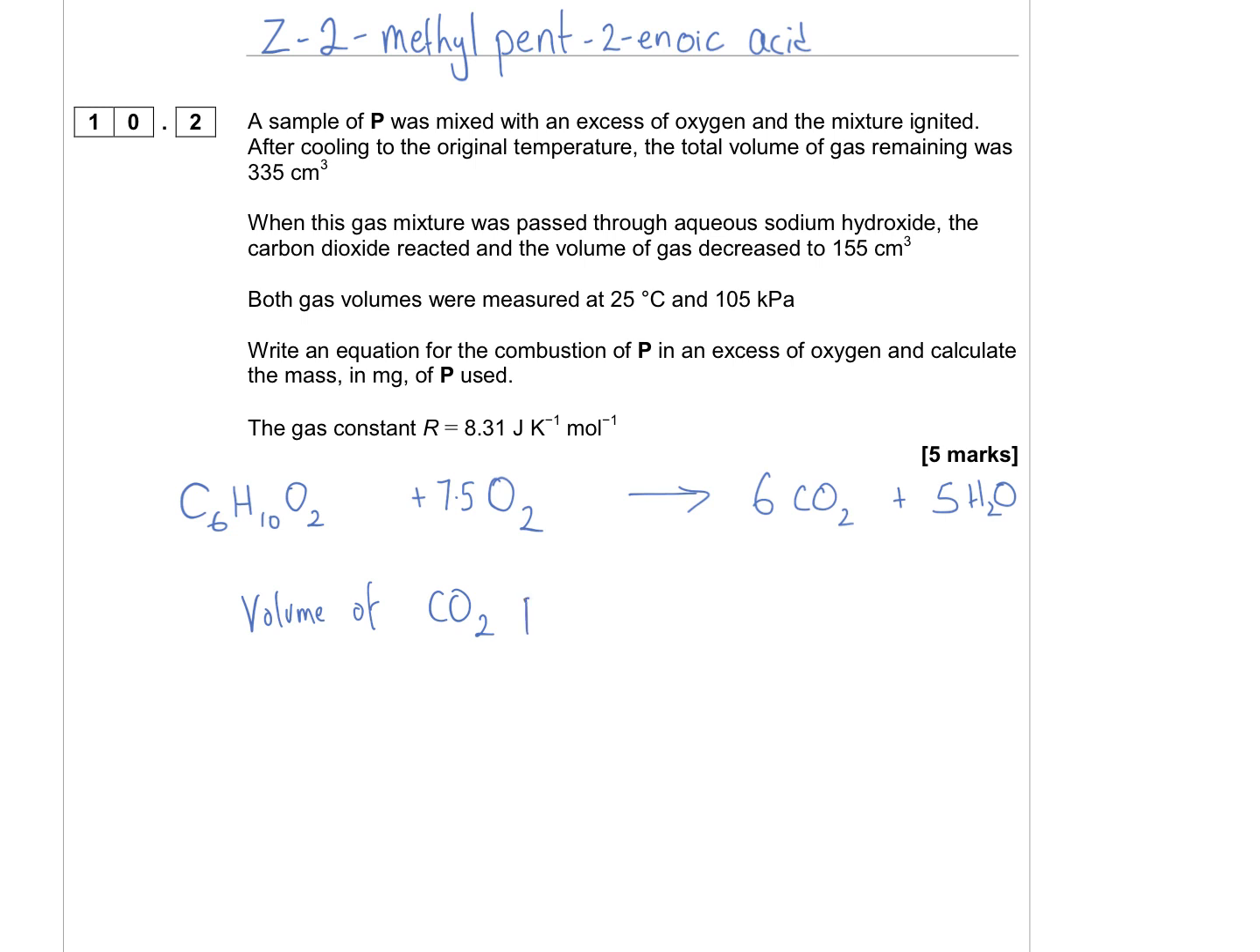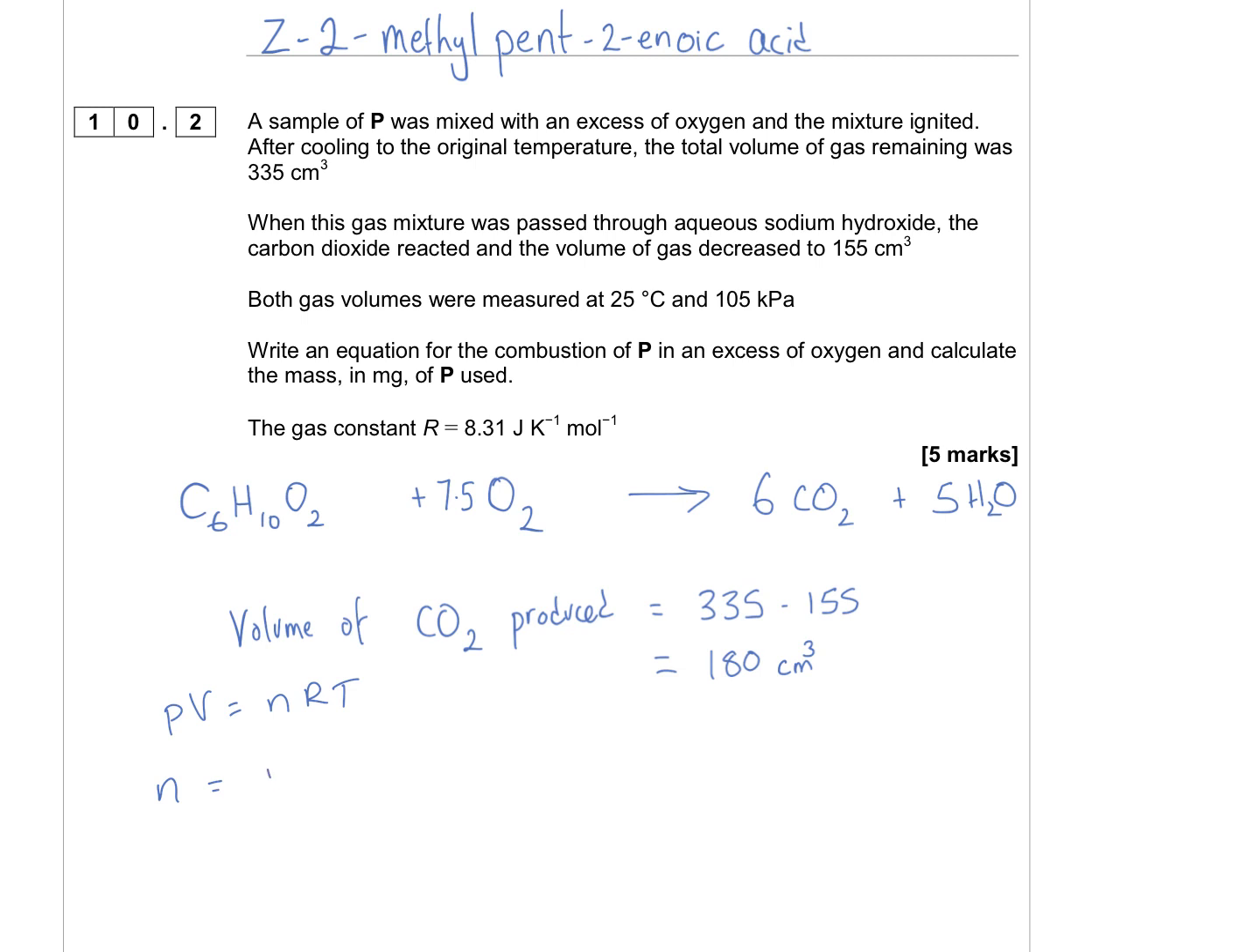Okay, so the volume of CO2 produced: we know that the total volume of gas was 335, but after it's been reacted and the carbon dioxide has been removed, it's decreased to 155, so the volume of CO2 produced is going to be 335 minus 155, which is 180. And if we then rearrange PV equals nRT to give us n, which is number of moles, we say we've got PV over RT,